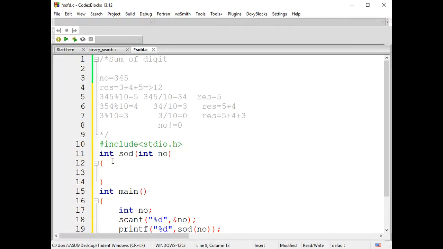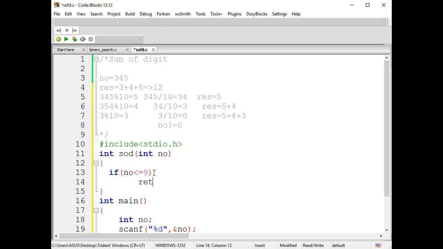If you are going to use recursion, have a habit of writing the termination condition using an if statement. When my loop is going to terminate, if my n value reaches 0, you can terminate. Or you can avoid even one step before that. If your n value is less than or equal to 9, which is going from a 2-digit number to a 1-digit number, once I get a 1-digit number, there's no need for further division. For sure, this is the last number to be added. So if my number is less than 9, you can stop and I can return my n value to my stack. Clear?